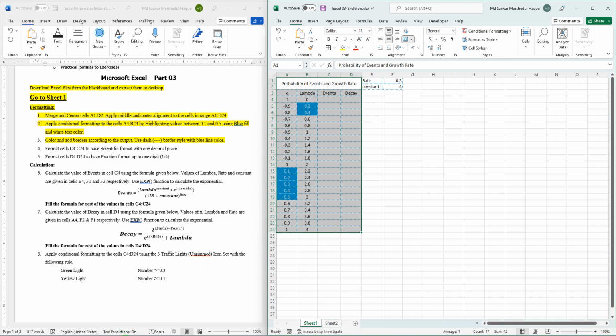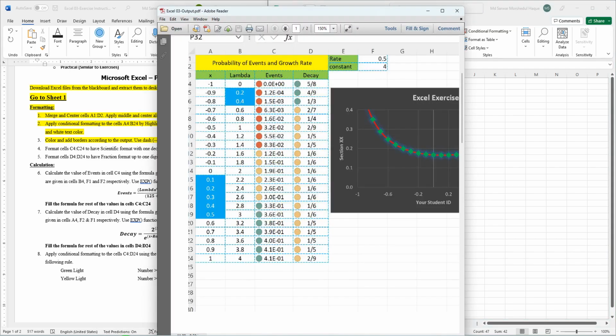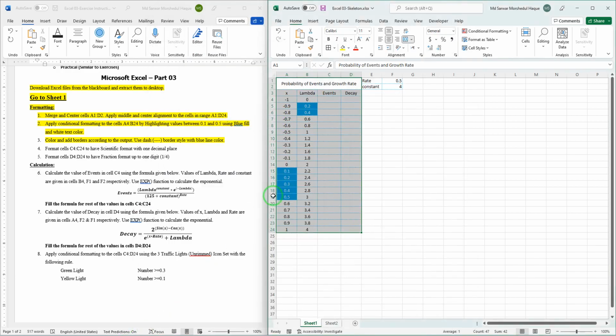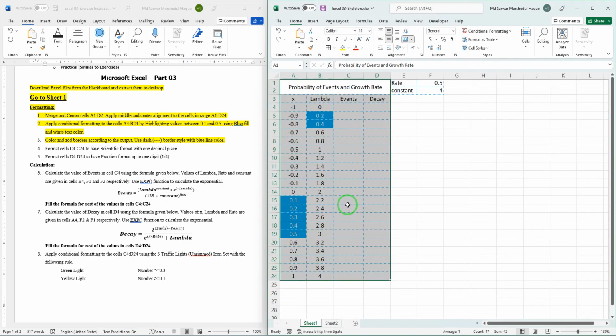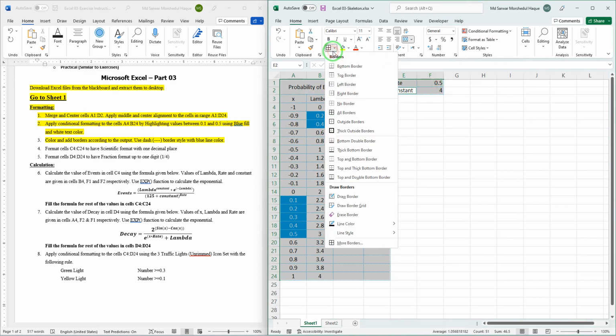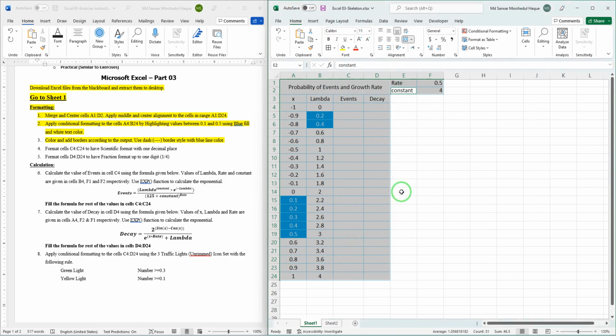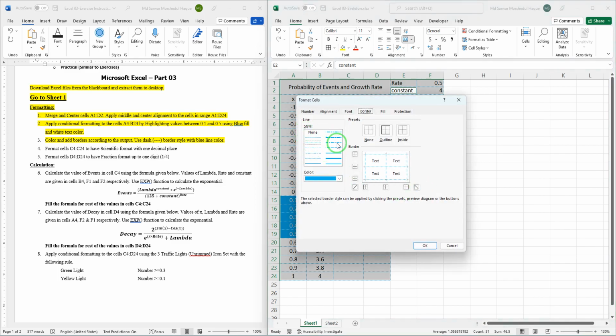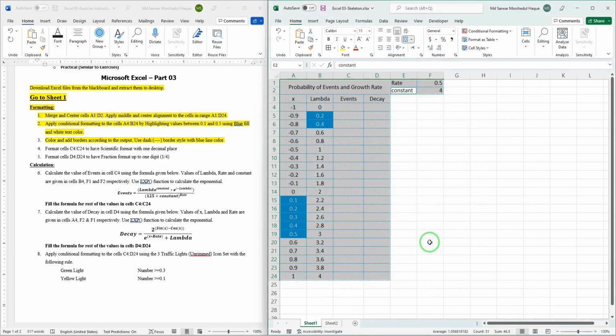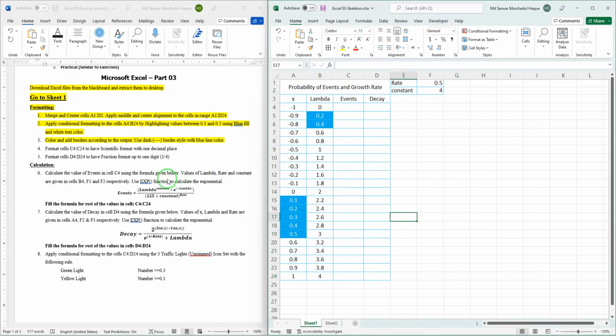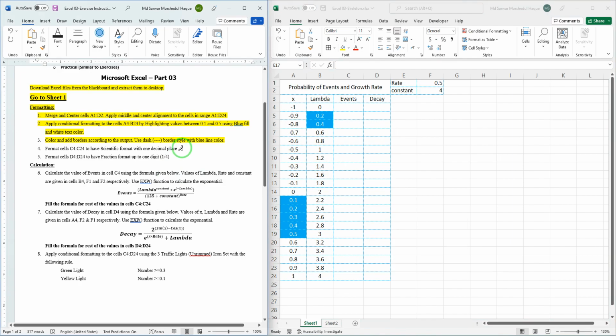I think the line color here is a little bit bold, so we can select another type maybe. Yeah, so we can go to the border option again, and we can select the style, maybe this one. Okay, approximately it is okay. Now question number 4, format cells C4 to C24 to have scientific format with 1